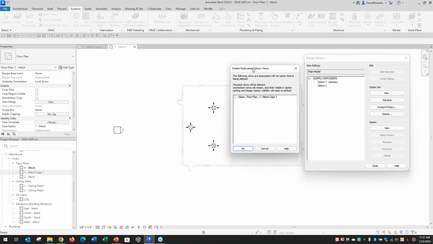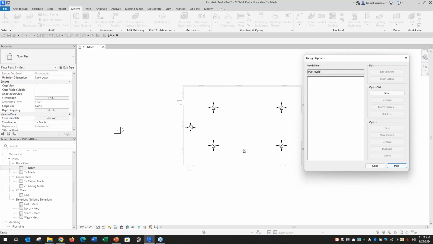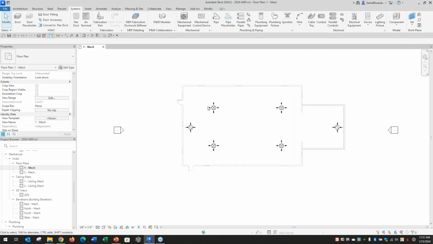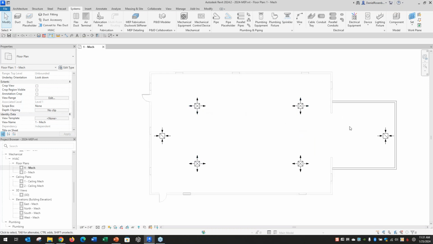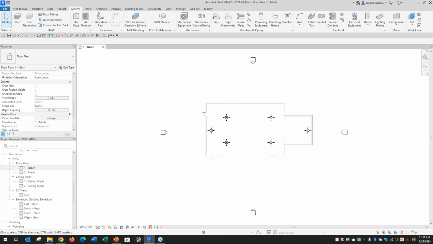And I don't know if you remembered, but we made that dedicated view set to show option 2, which is going to be deleted by accepting. So it's giving me the option to delete that entire floor plan, which I think is probably a good idea. So I'll go ahead and delete that. Now the option sets go away, and we're back to what you're normally used to working with after we've settled on something. All right, let's go ahead and save that. And then let's move ahead here and talk about